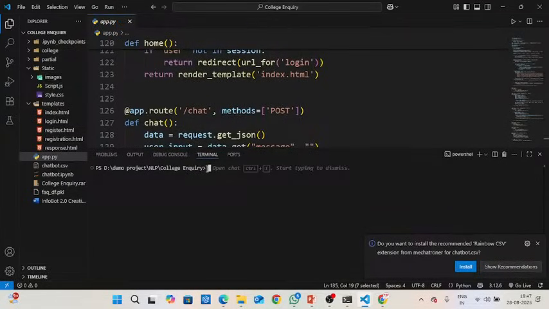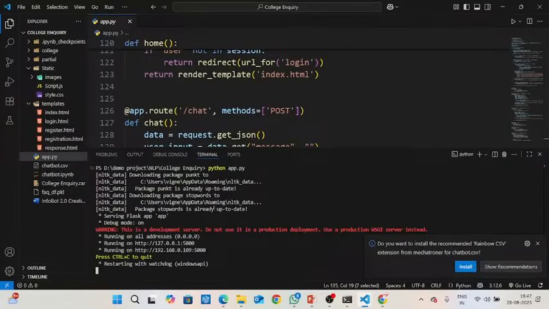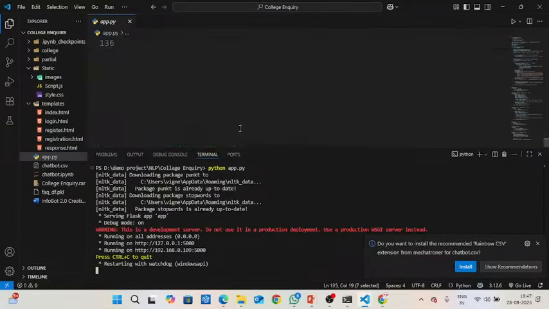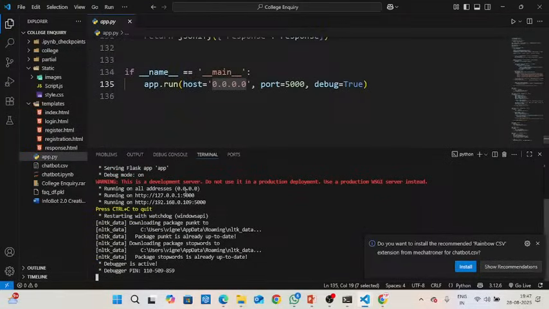Okay, now to run this Flask framework, first I need to mention a language. I am going to use Python. That means I am going to use the support of Python. So I am mentioning python, and then my file name is app.py. And it will display one local host, and mention the port address 5000. So here I mentioned 5000. It is running on all the addresses 0.0.0.0, which I mentioned as a global address.